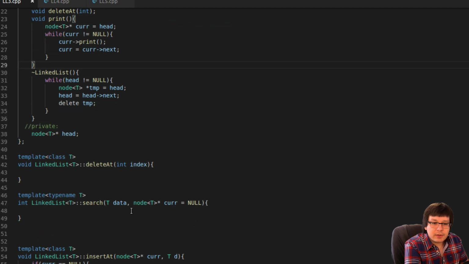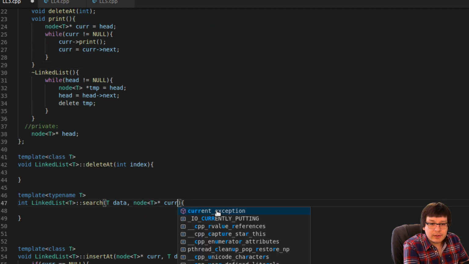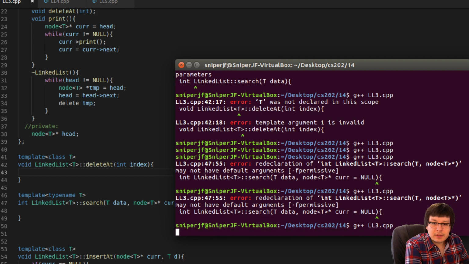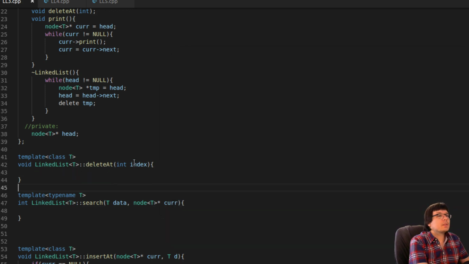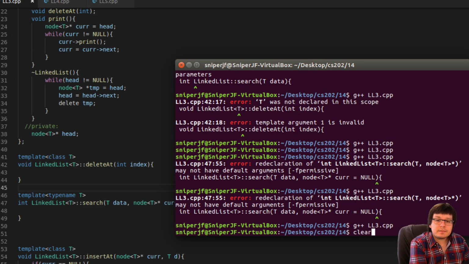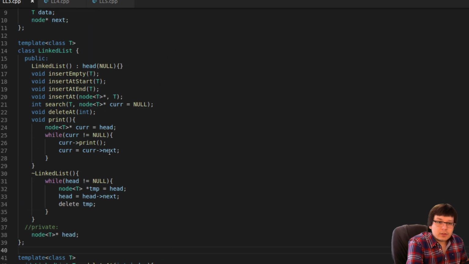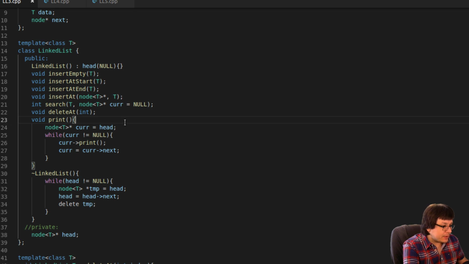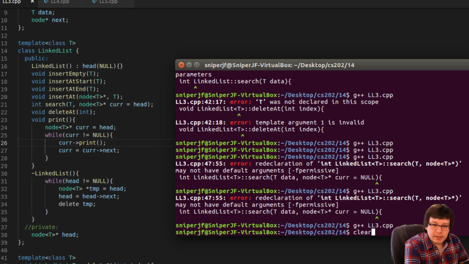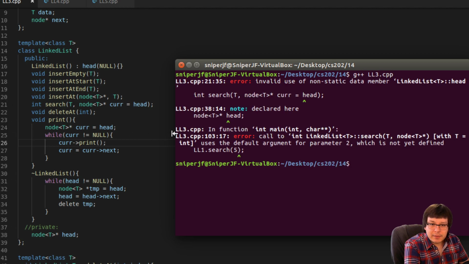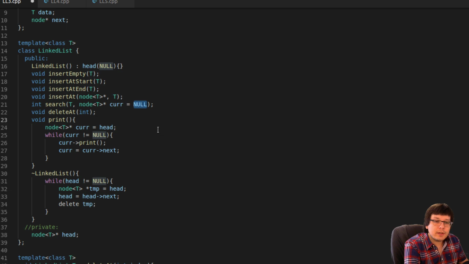And then let's try to get rid of it from here and see if it lets me do it. Yeah, okay. So again, why I'm doing this to null is because, actually, I don't need it to null. I can just make it the head initially. But let me compile like that. Let's just check. Because it's a private, so it's non-static. Yeah, okay. So then in this case, we'll make it null.